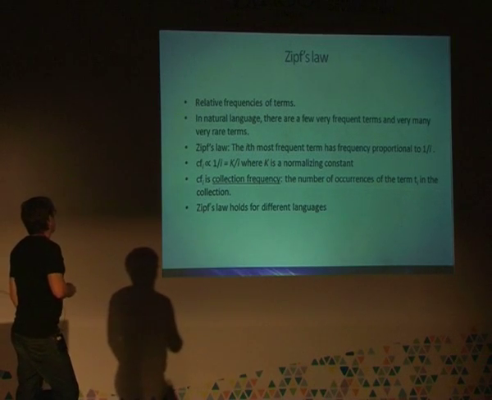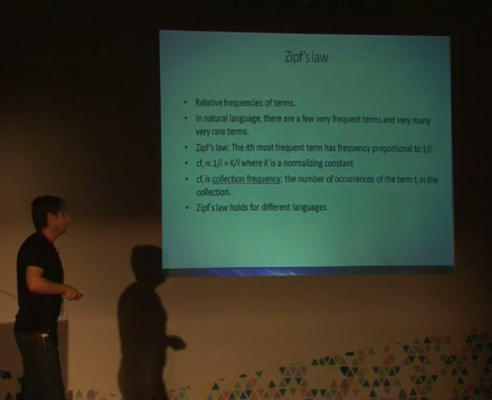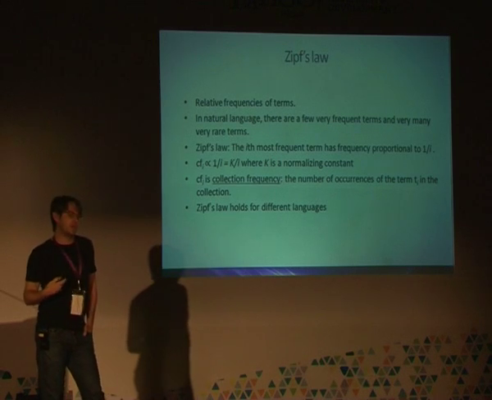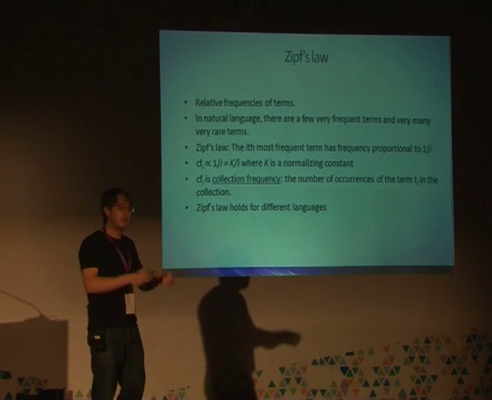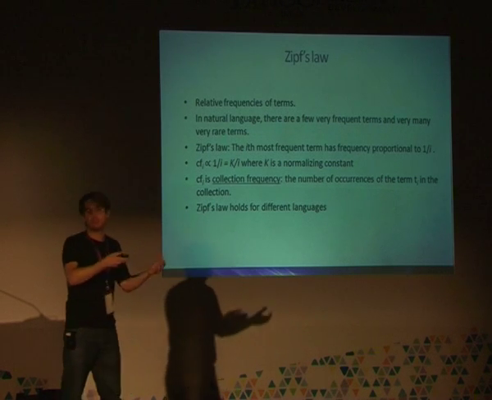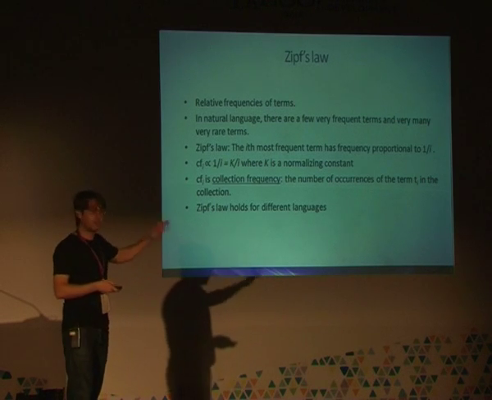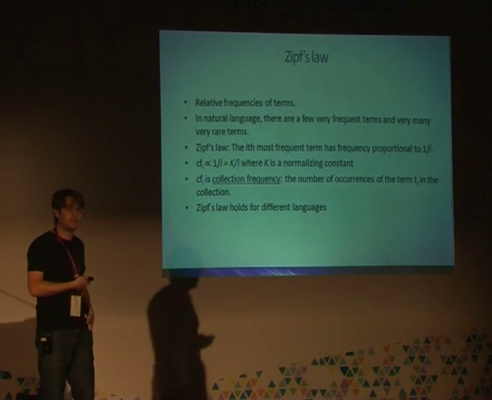And the interesting thing is that it holds for different languages. But it also holds for other situations, as I said. For instance, if you take all the queries that arrive in a search engine and you count them, you know that queries like Facebook or Google are very frequent. You sort them and put on the y-axis the frequency of occurrences of the queries, and you get a similar shape.